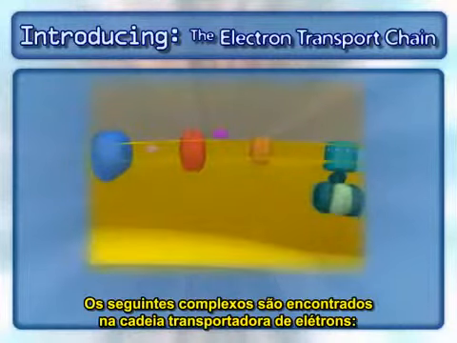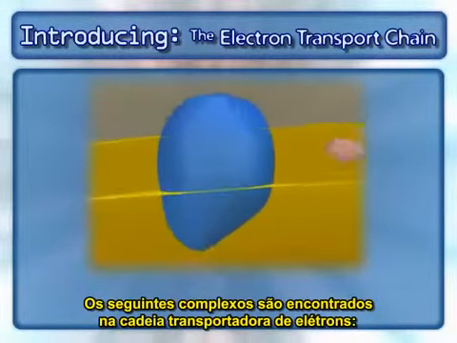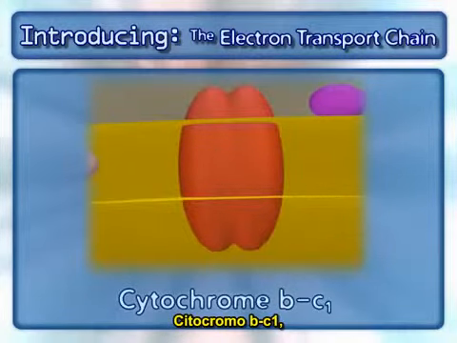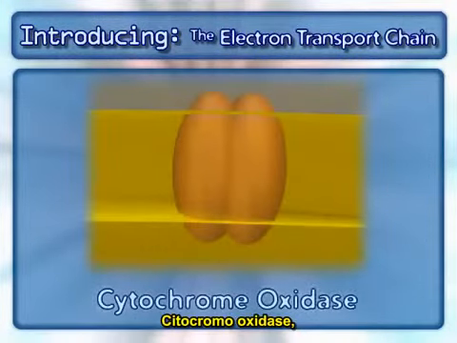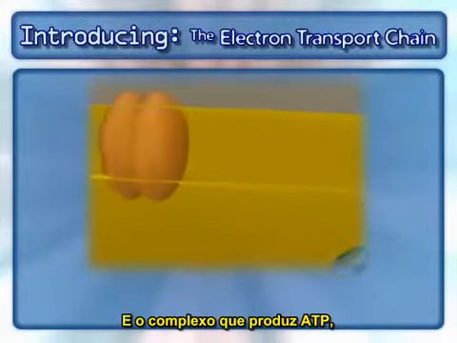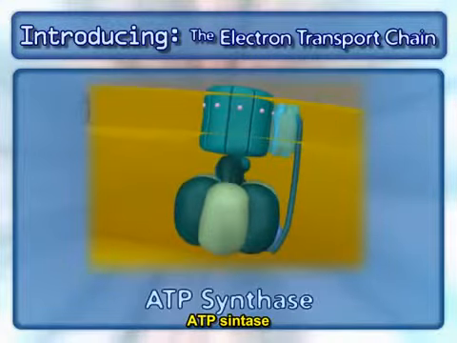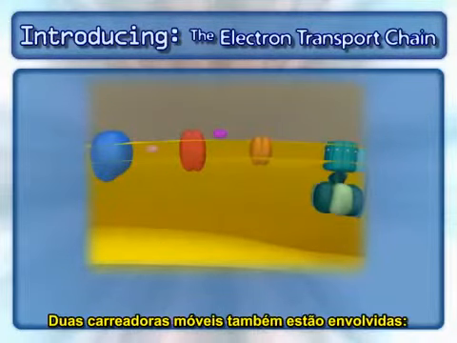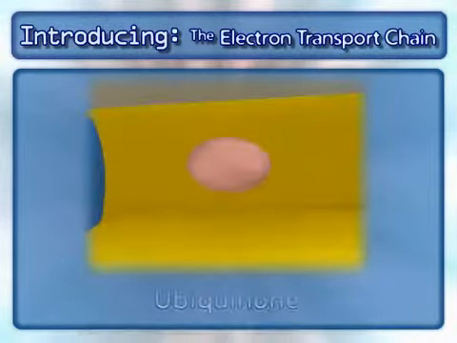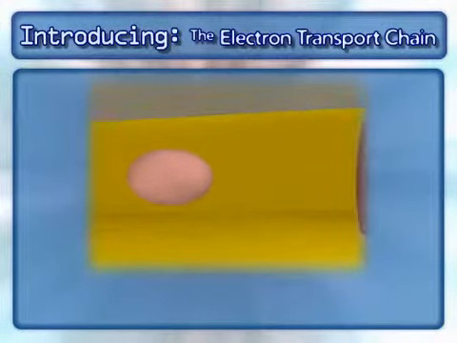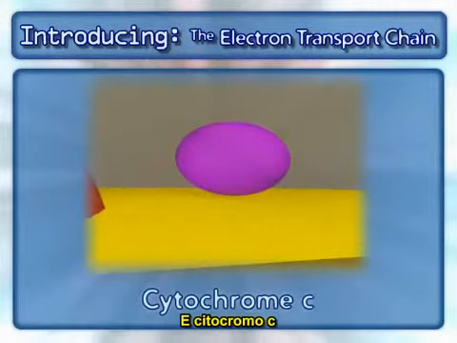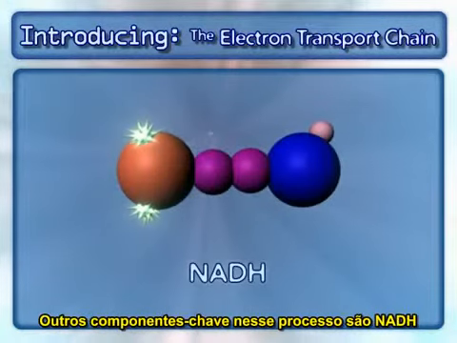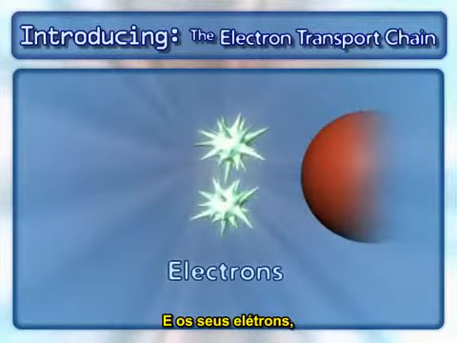The following complexes are found in the electron transport chain: NADH dehydrogenase, cytochrome BC1, cytochrome oxidase, and the complex that makes ATP, ATP synthase. In addition to these complexes, two mobile carriers are also involved: ubiquinone and cytochrome C. Other key components in this process are NADH and the electrons from it,